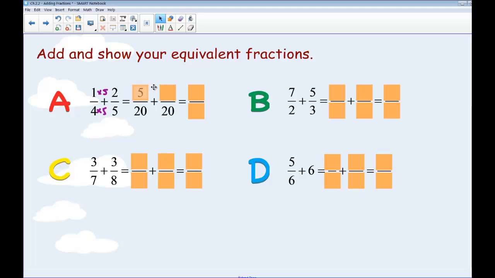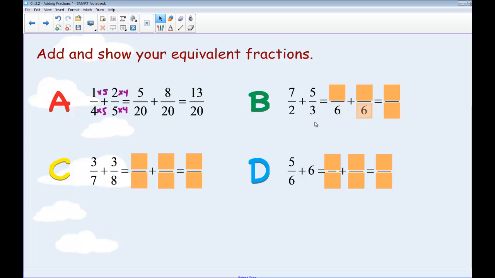And therefore we get a numerator of 5. In the second fraction, we multiplied the denominator by 4, so we need to multiply the numerator by 4 as well, and therefore we get a numerator of 8. So we simply now add the two numerators, 5 and 8, gives us 13. The denominator stays the same at 20, and this one doesn't reduce, so therefore 13 over 20 is our final answer. In question B,